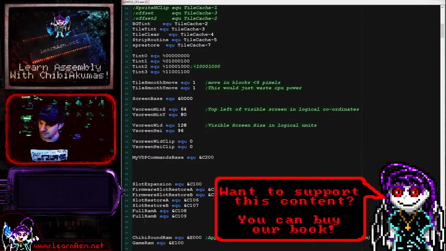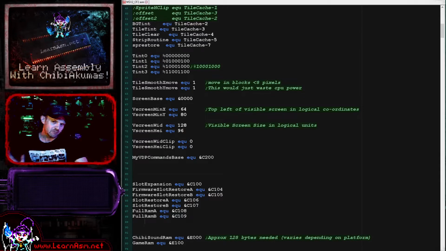Now, the graphics in my code are actually 4 color, and we're going to convert them to 16 color via a tint. The reason I'm using 4 color graphics on a 16 color system is I've had a problem in the past where the games will balloon in size. I write them on the CPC with 4 colors, port them to the 16 color MSX2, and all of a sudden